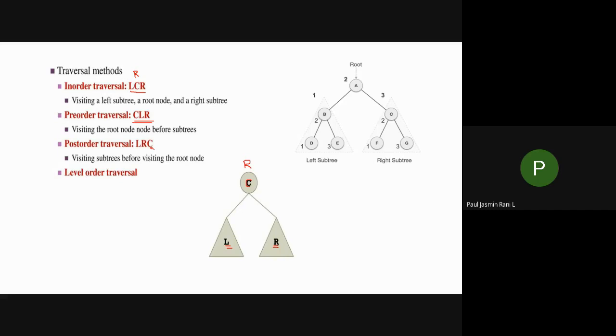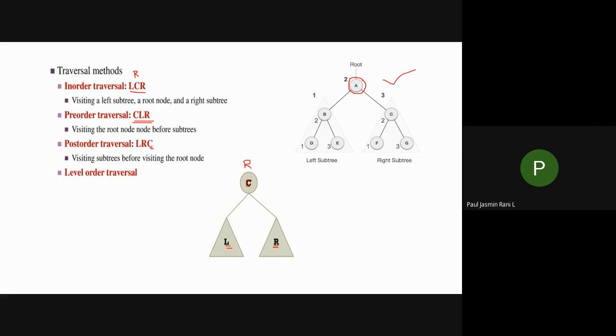I will explain how you have to do your tree traversal. Let me tell you once again how you have to do it, that is how you classify your subtree. So this is your root node, isn't it? Let us see this diagram. Here A is your root node. If I want to do in-order traversal, what have you done here? LCR. First you give preference to left, next is root, next is right.